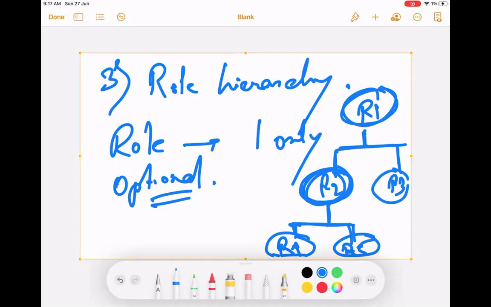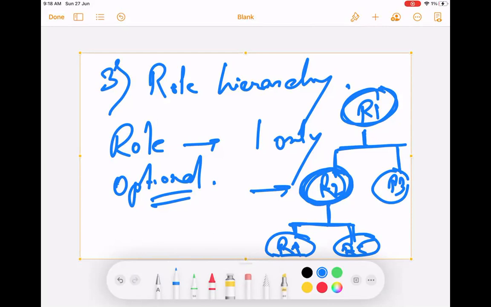Here, one thing is very important. People with the same role cannot see each other's records. It is very vital to understand it. They can see the records owned by people with a lesser role or subordinate role, but they cannot see records of people having the same role.